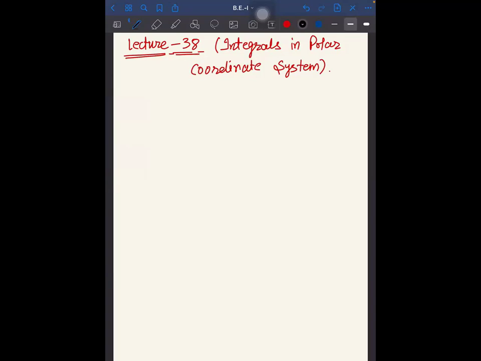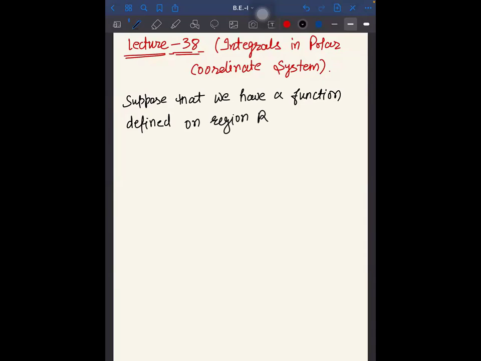Suppose that we have a function defined on region R, and that function is, let's say, f(r, theta), defined on region R,